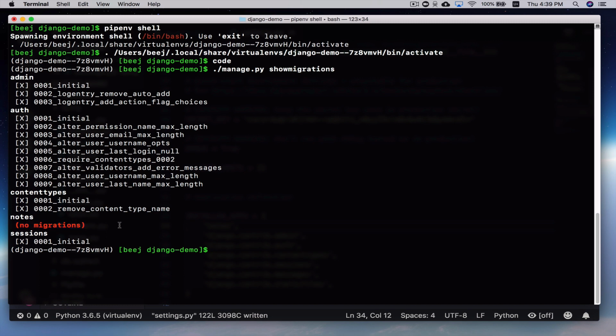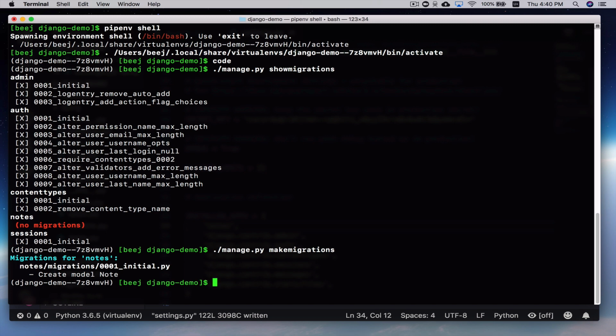And so when we make changes to our model, or when we introduce models, the first thing we have to do is make migrations. And this will look at models that we have, and it'll look and see if any of the models are newer than what's in the database. And if they are, a migration will be generated. Now, normally, you don't have to look at these migrations, but you see it made it here in notes migration 001